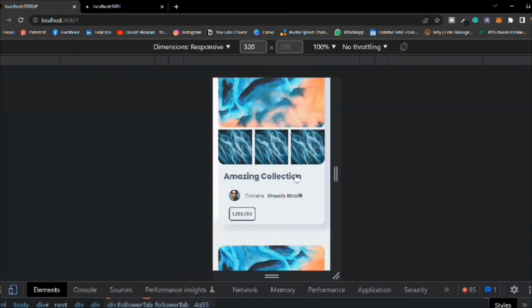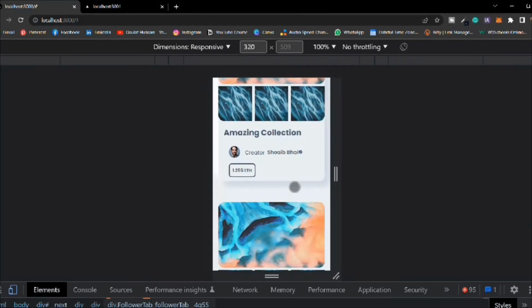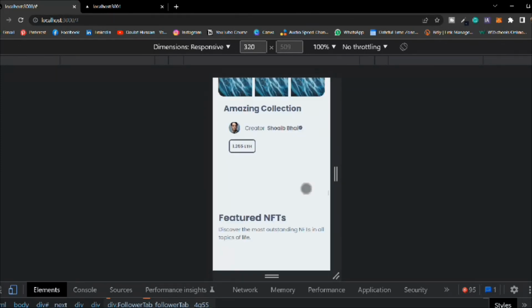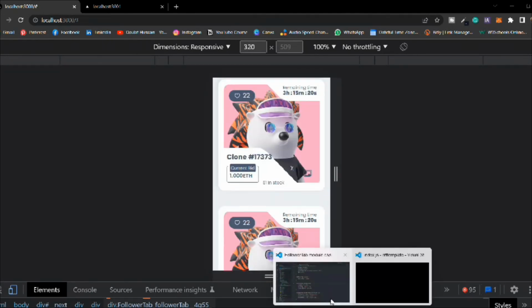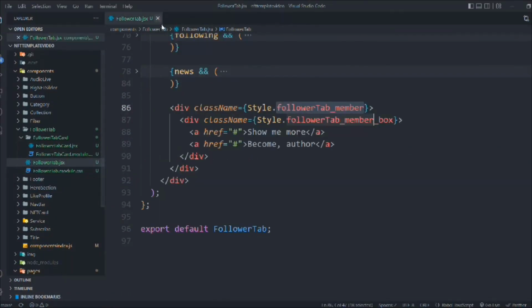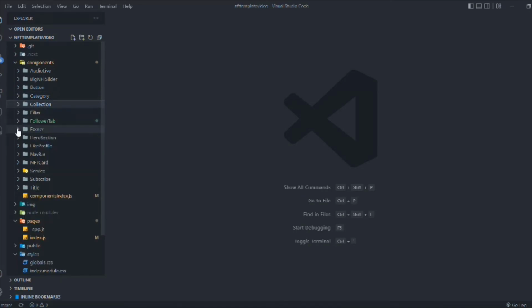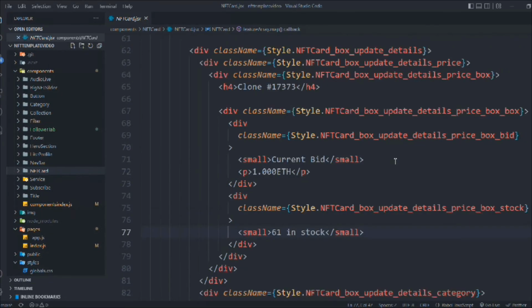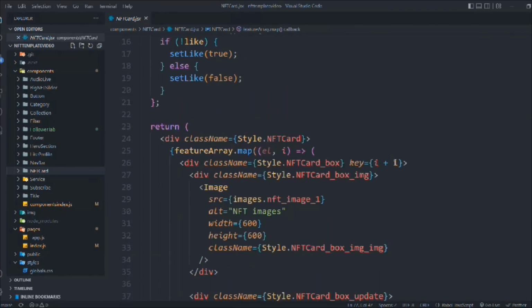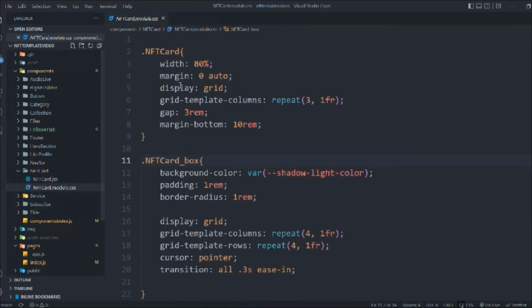Let's have a look one more time. So we have this nice styling, all the components we have designed so far, that's working absolutely fine. Open, close. This is the card component. And let's come back to the code and simply close all these tabs, and all the things are working fine. Let's come back to the CSS file